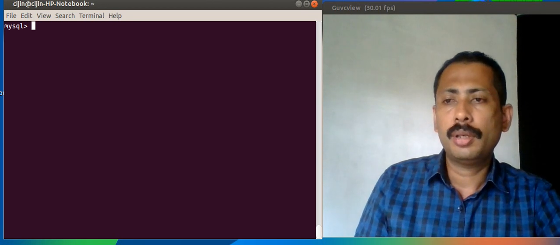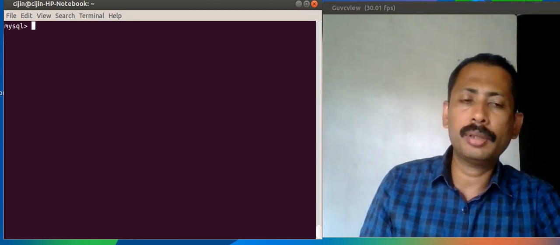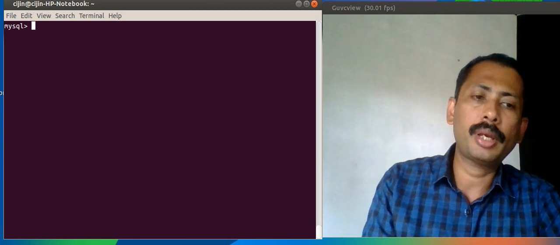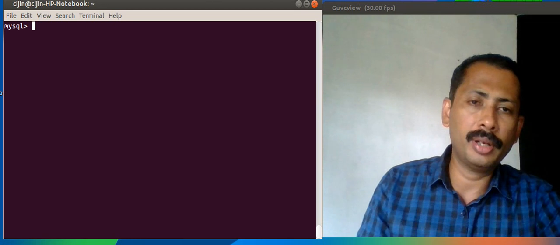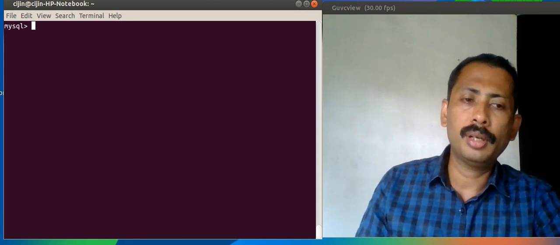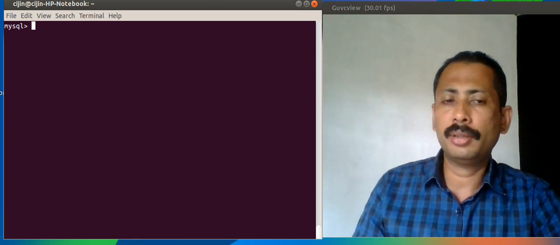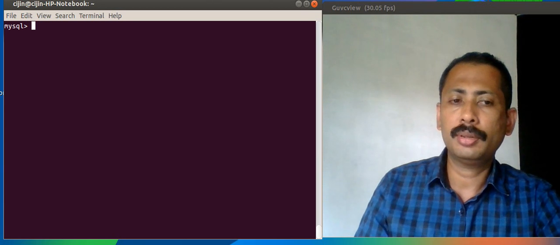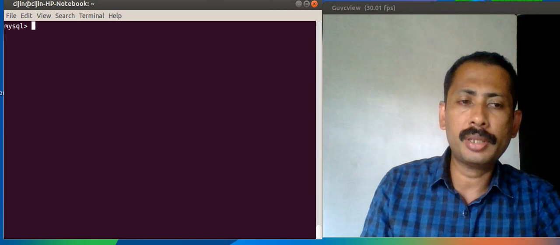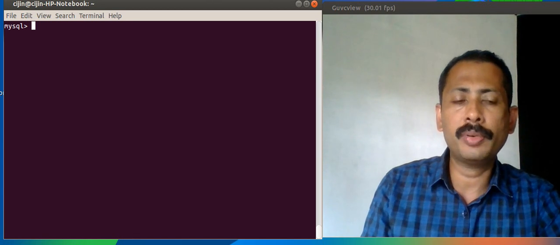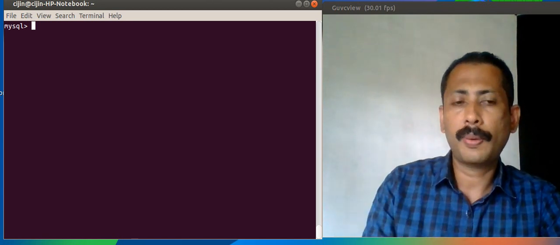Self-join is nothing but joining a table with the same table. If for some logic we need to combine data, like combining two tables, we can combine the same table with its other rows.